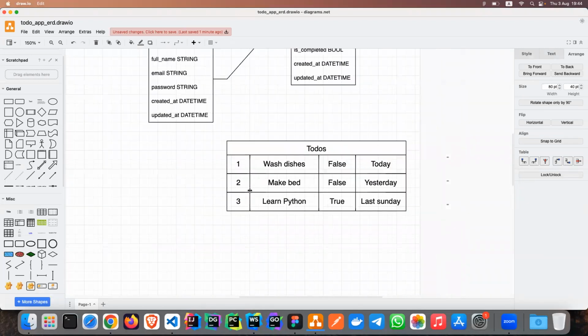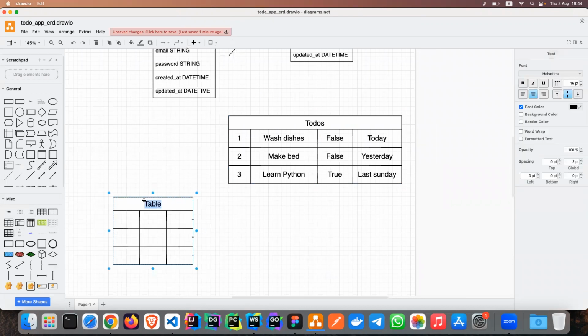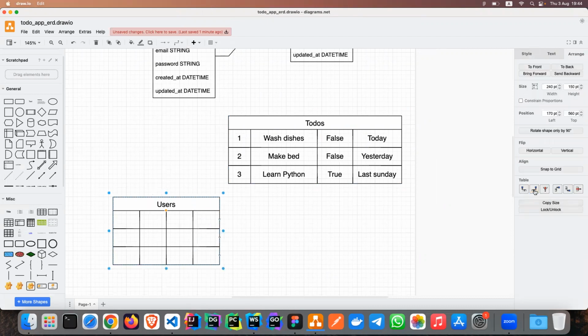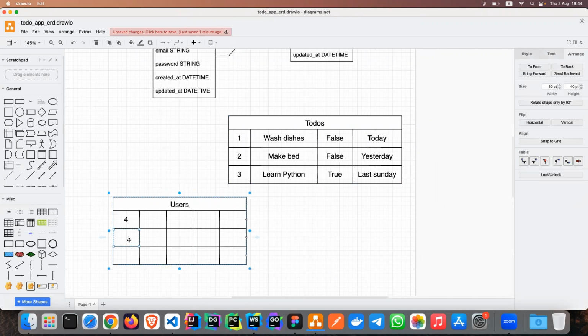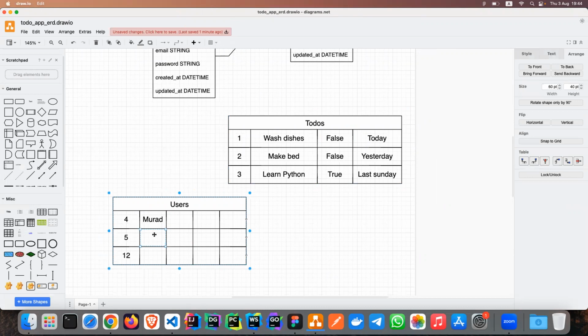For that, let's also define our users table. Whenever I create my users table, I will have some data here. Let's add some columns. Users have an ID like 1, 4, 5, 11, some IDs. And they have names: Murat, Rasul,